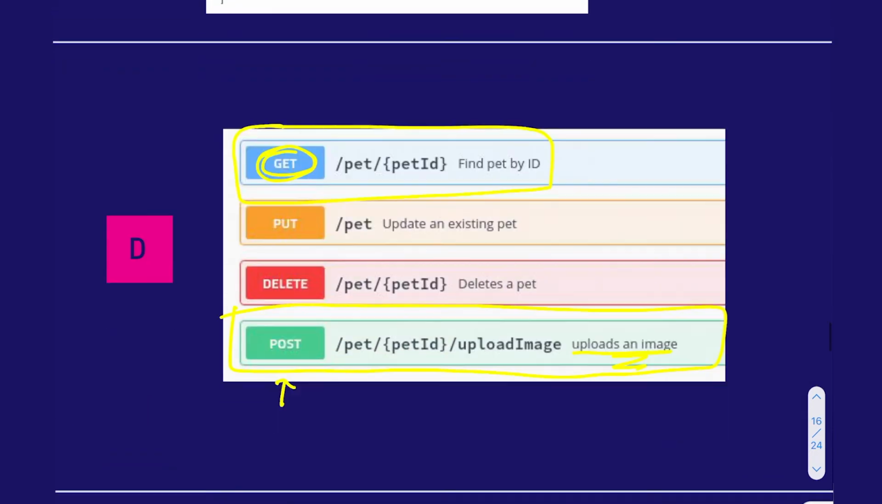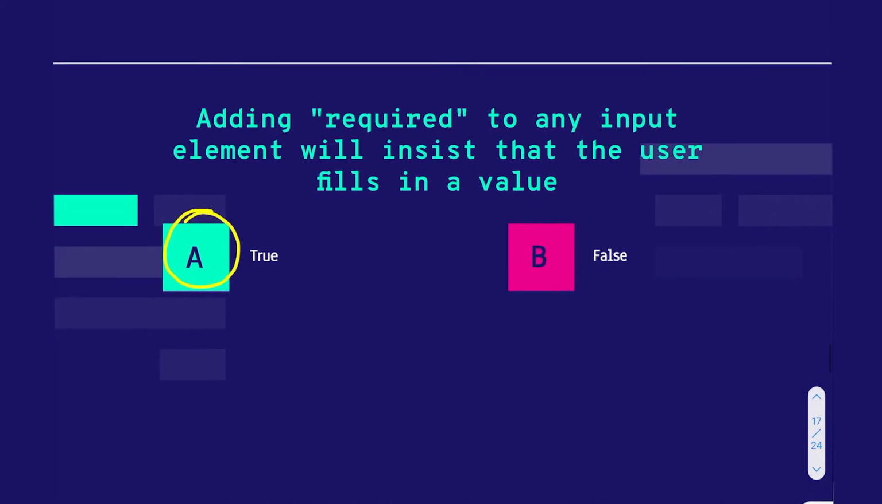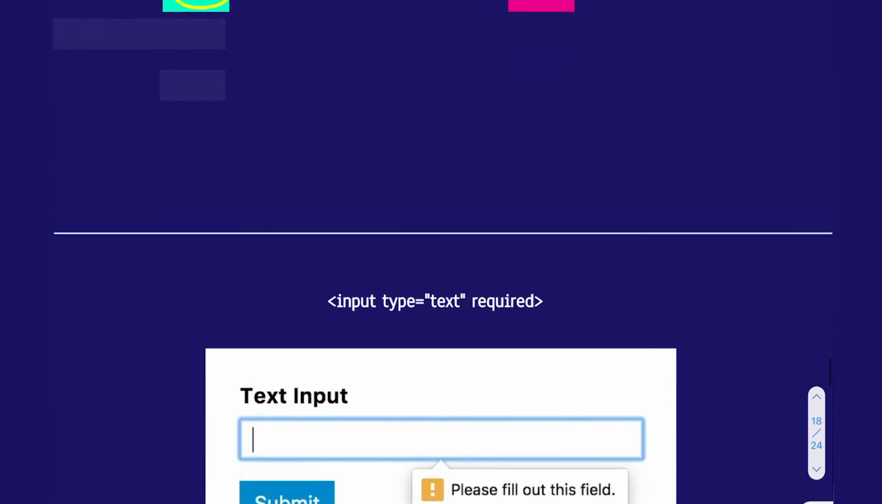All right, next question. Adding required to any input element will insist that the user fills in a value. A, true, B, false. The correct answer is true. Yeah, so this is one of those attributes that input elements have that will make it really easy to do some user validation. So here I have this input and it's type text, and I'm saying